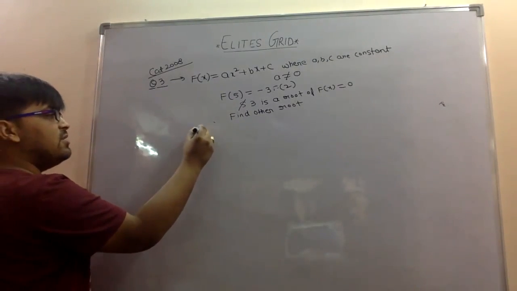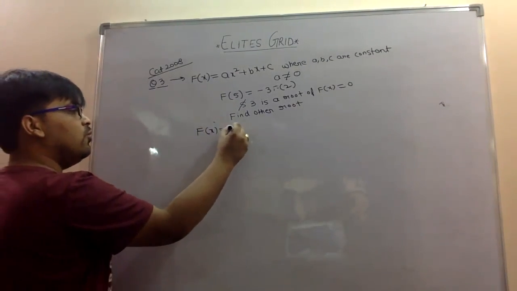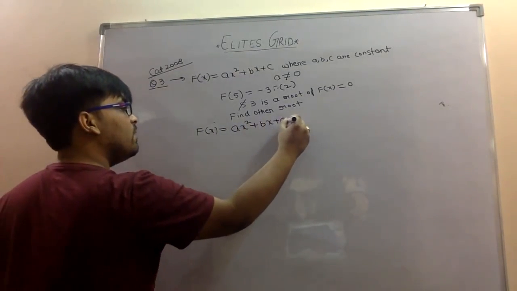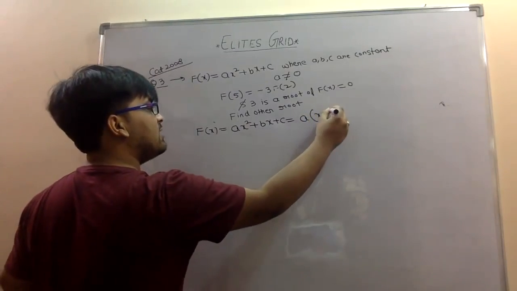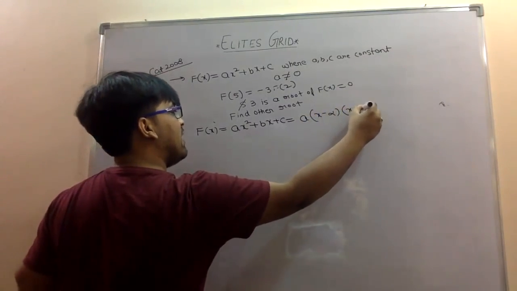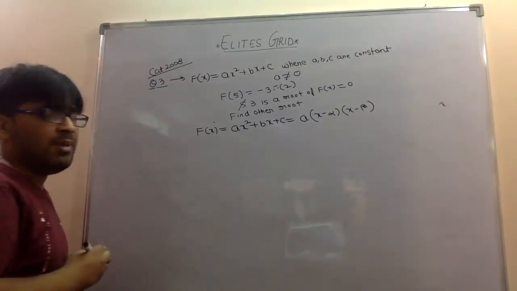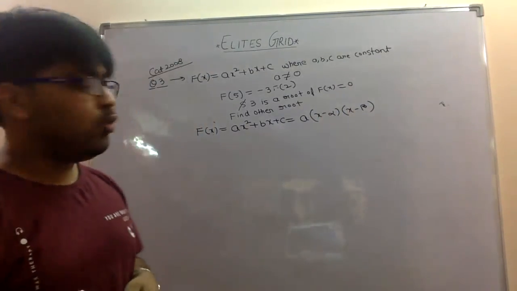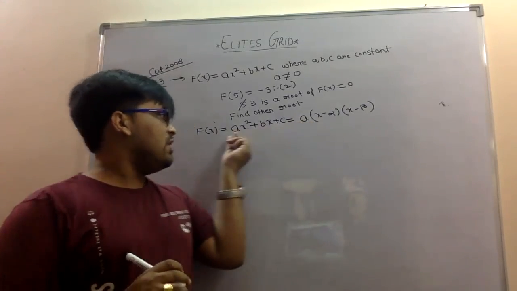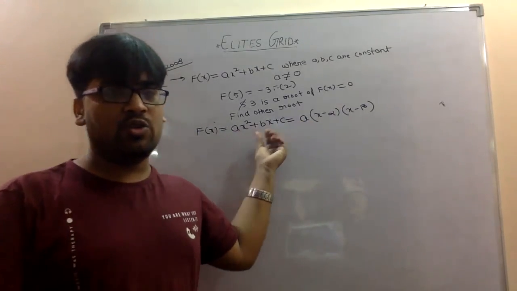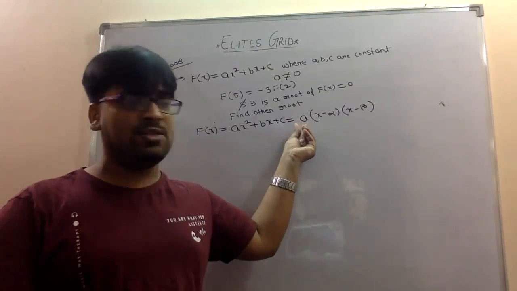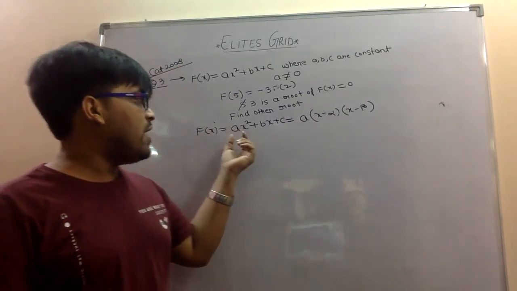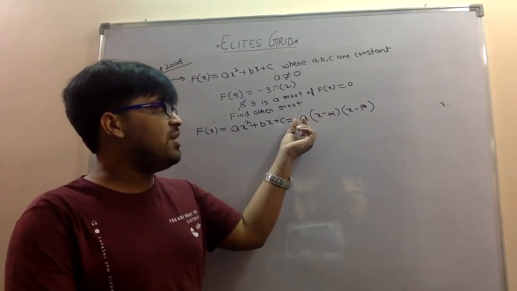जैसे let तुमने f(x) is equal to ax square plus bx plus c. We can write it as a(x minus alpha)(x minus beta), where alpha and beta are roots of this particular equation. Alpha और beta इस equation के roots हैं, and this a, highest power का जो coefficient होता है, that is known as leading coefficient. इस a को हम लोग leading coefficient कहते हैं।